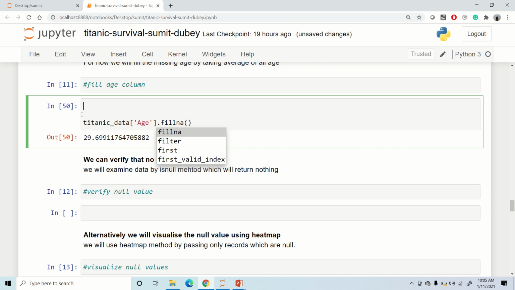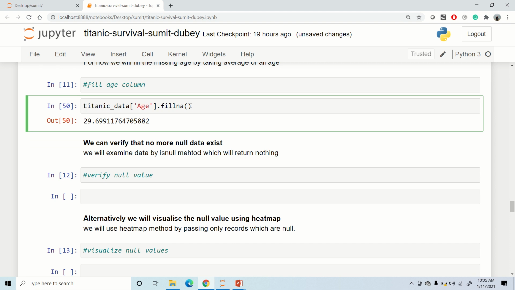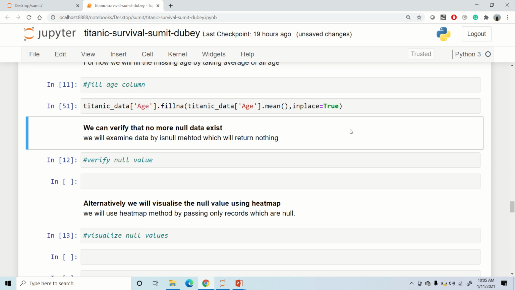So I'll just cut this and paste it here. In order to make this change permanent, I'll have to say inplace is equal to True. So this is the syntax. Remember to make use of inplace equal to True.